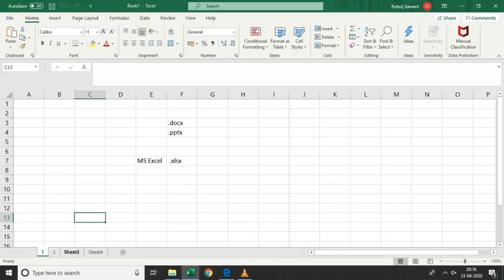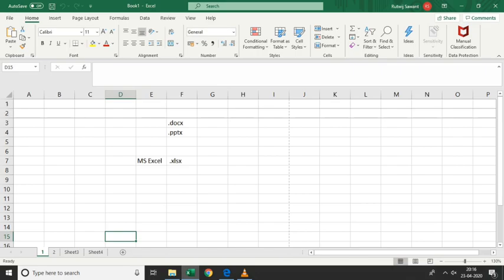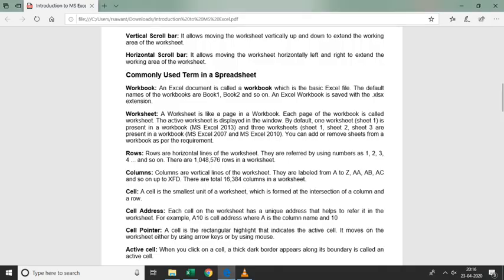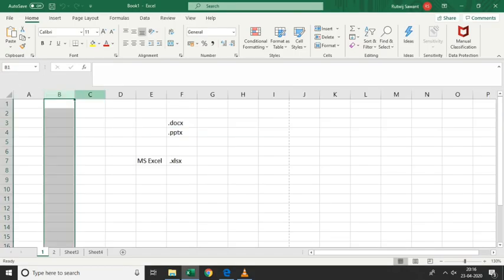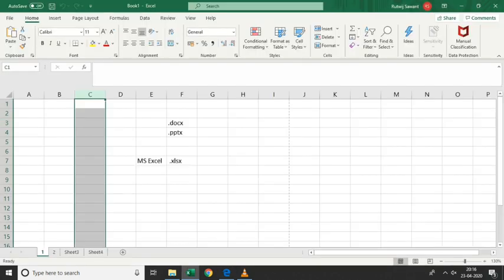Next, rows. I have already explained this: rows are horizontal lines. These are the rows within your MS Excel, and columns are vertical. They are referred to by numbers like 1, 2, 3, 4 and so on. You can see how many rows there are, not just 100, but a great number of rows within your MS Excel.